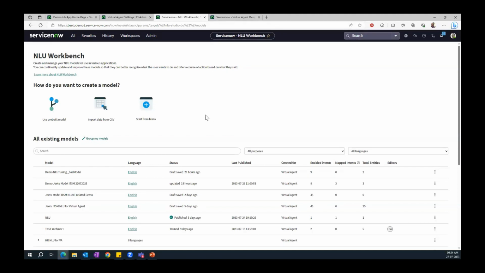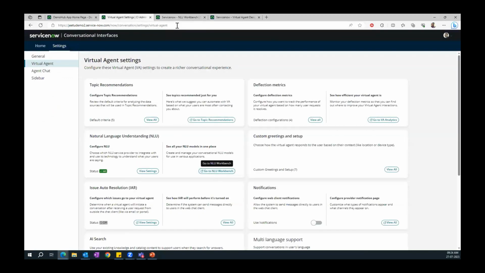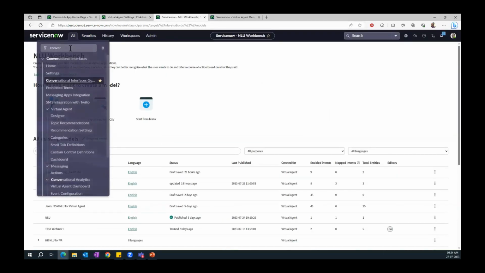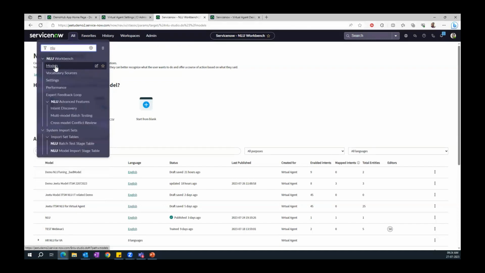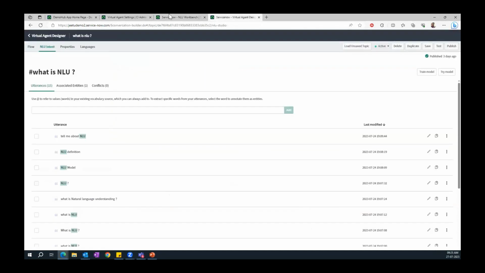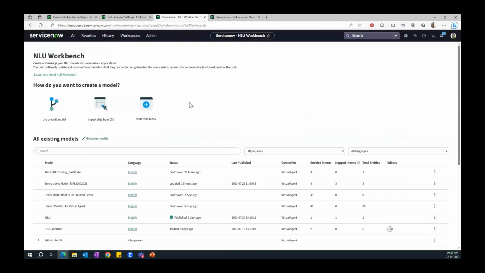Simply you have to navigate to Workbench. You can navigate to Workbench by clicking on this setting, or you can also search NLU here. You will have models, right? So this is what the model looks like. Here you have the option: you can use our pre-built model, which comes out of the box as part of your instance.